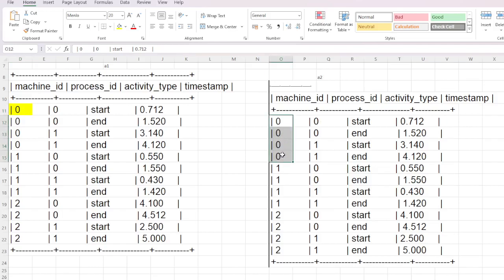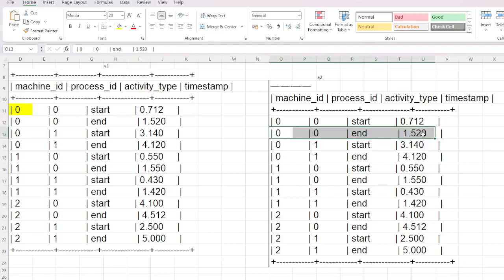The second condition, process ID the same, connects it with these two. And then the third condition is that A1 dot activity type should be start, and the activity type of the A2 table should be end. So this 0 will only connect with this record,